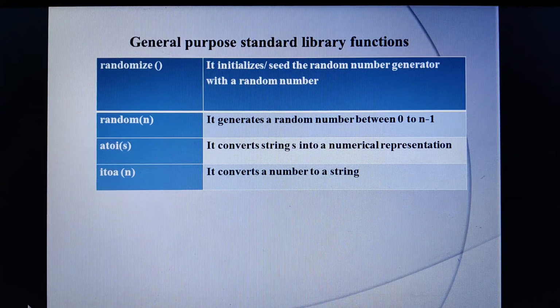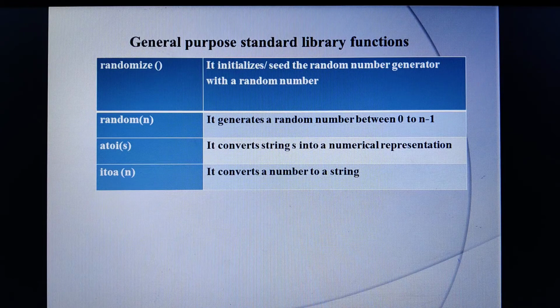Now both do the same thing. This also generates a random number, and that also generates one, but randomize works on the time, therefore it will never generate the same random number. But in the case of random, suppose I want to generate a random number between 1 to 100. You may get 50 and 51, 60, 69. After some time, you execute again using random, and again you will get 50, 51, 60 and 69.